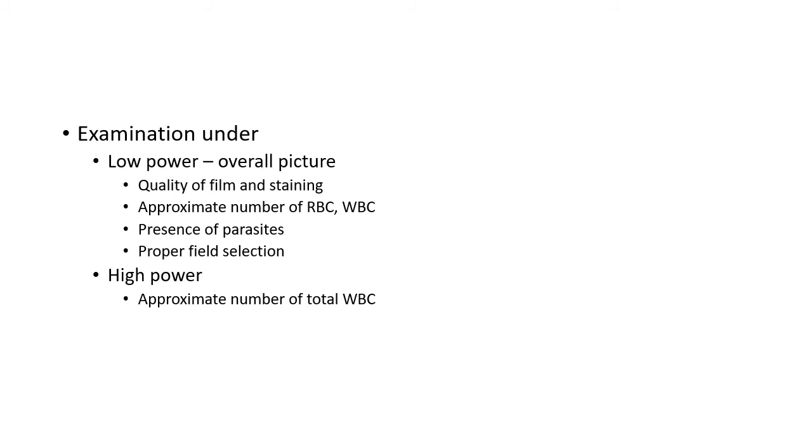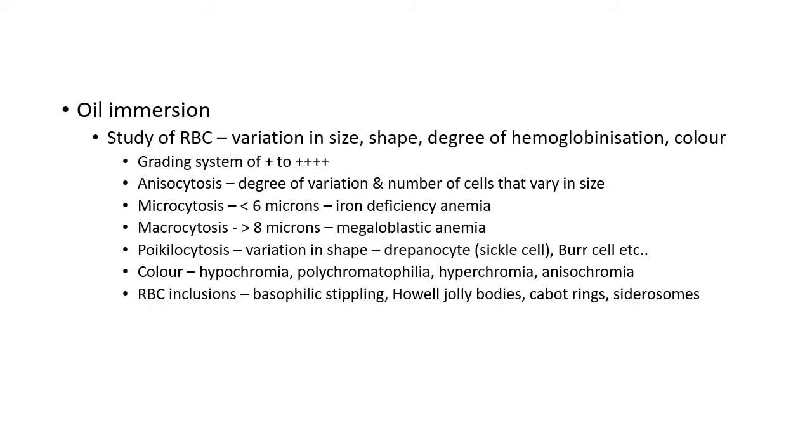6 to 10 HPF corresponds to 10,000 to 13,000 per cubic millimeter, and 10 to 20 per high power field corresponds to 13,000 to 18,000 per cubic millimeter. Coming to the fun part, that is oil immersion, it is used for differential count of WBC or to study